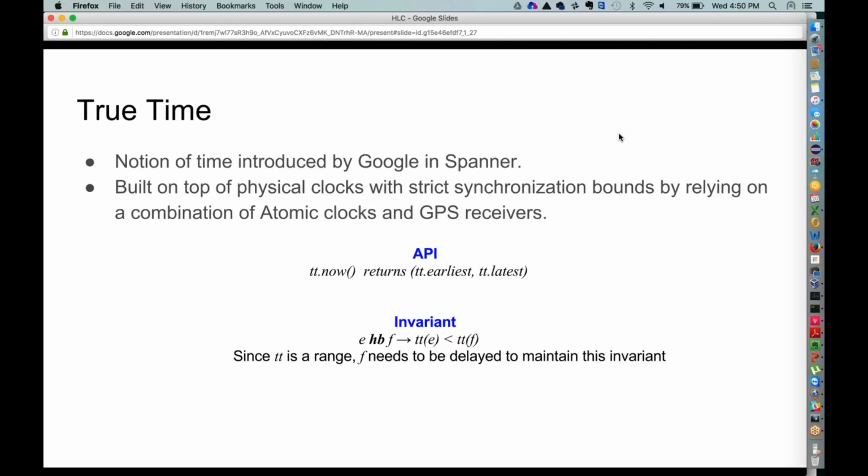They use those bounds when you do commits, so they can appropriately delay the commit time so that a subsequent read will be able to see the most recently updated value. I'm just briefly mentioning this because this is also a problem related to time that they had to solve in a distributed database.